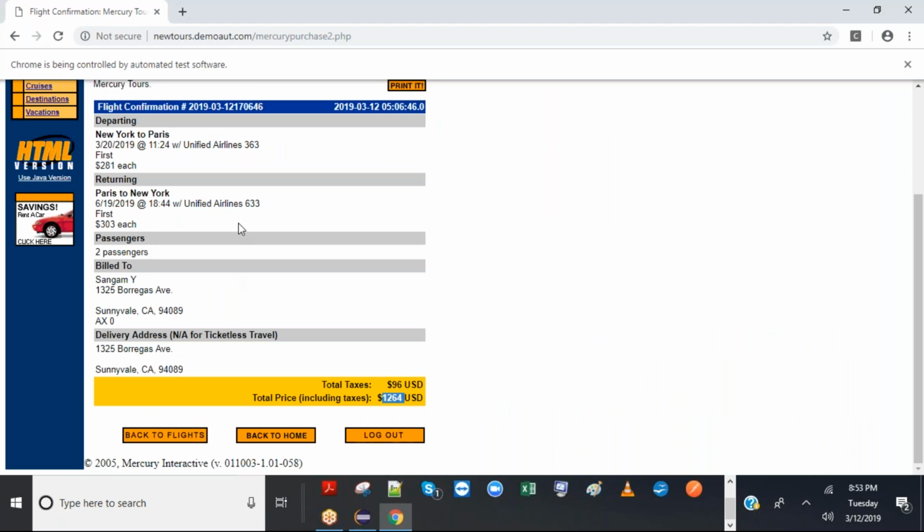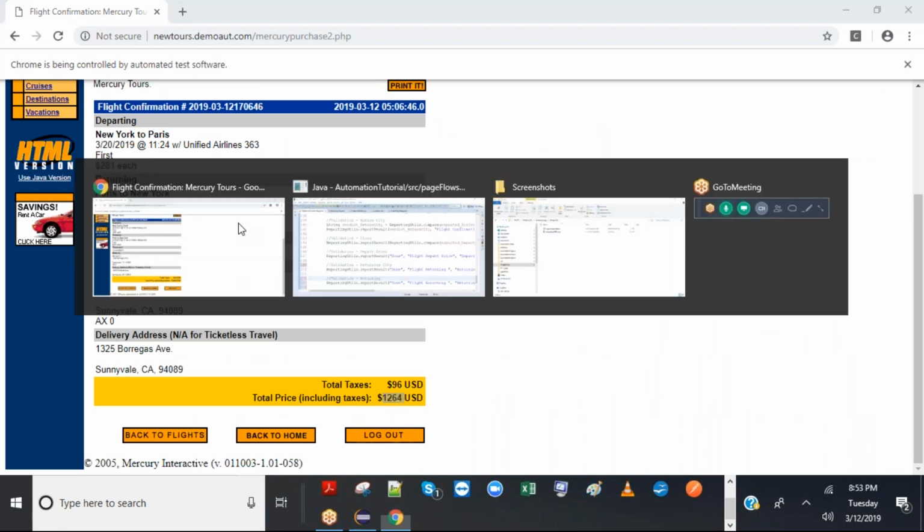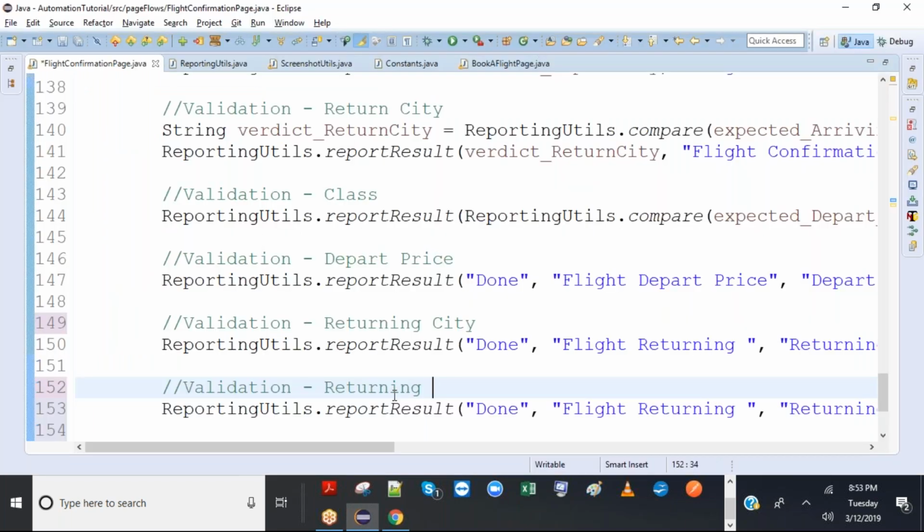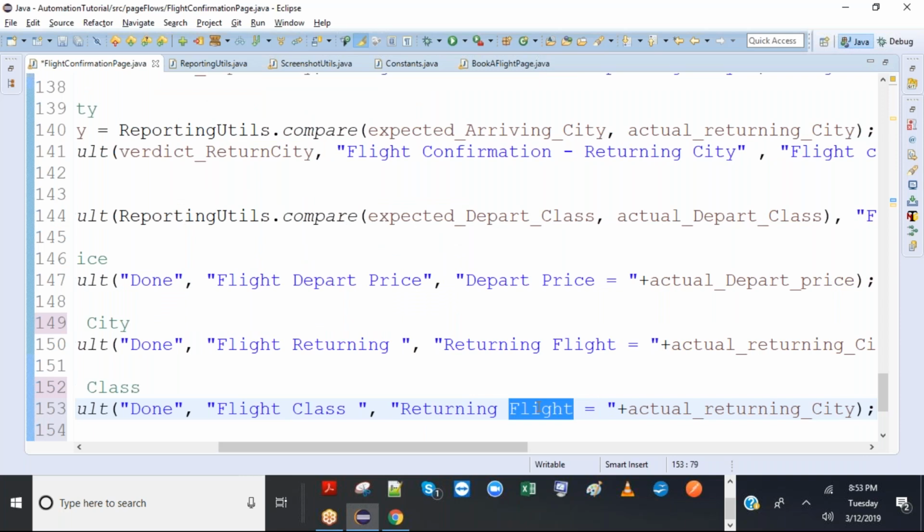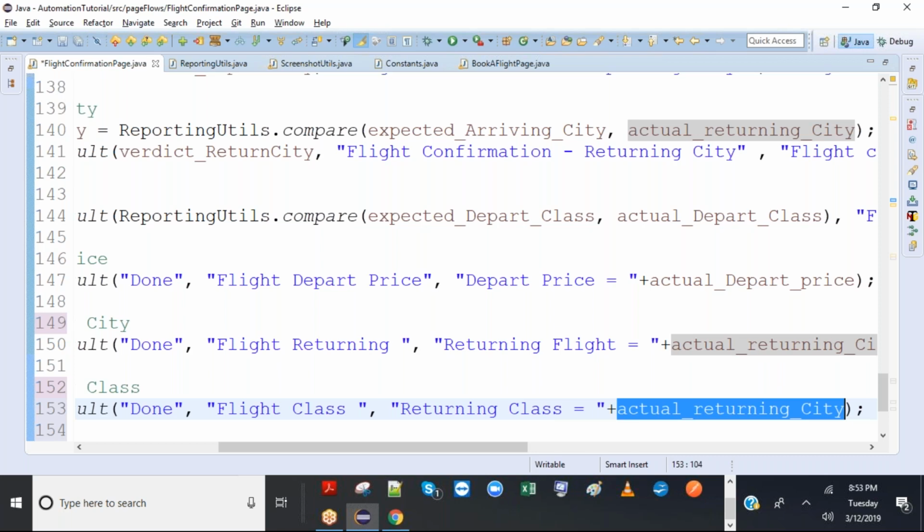I'm just directly jumping to returning class. You can fix that. Returning class, actual class. Okay, there is only one class actually. We should create one more class, returning class actual. So we'll create that.